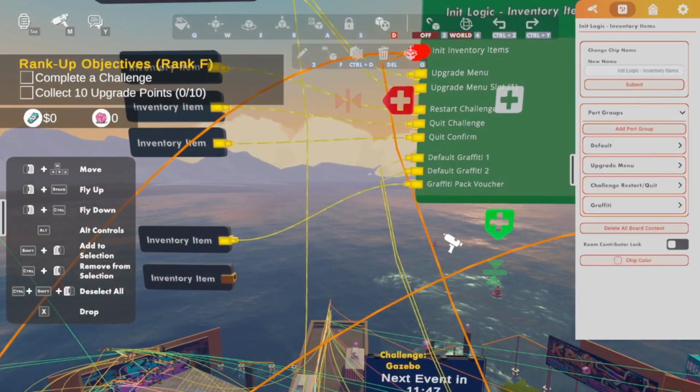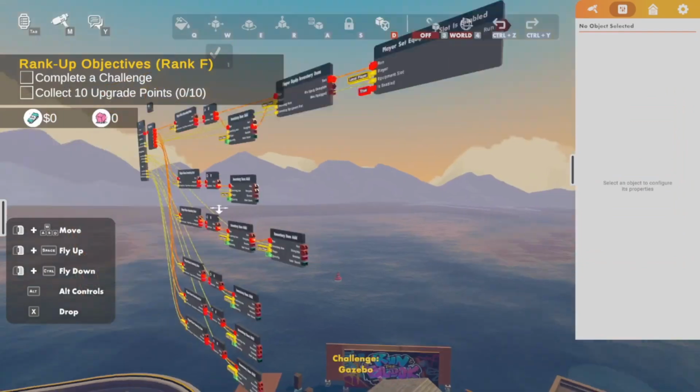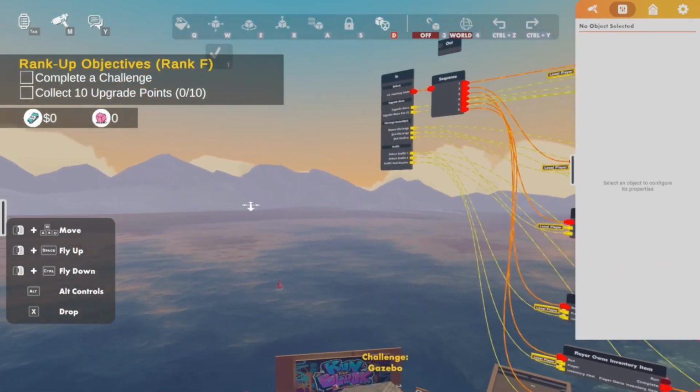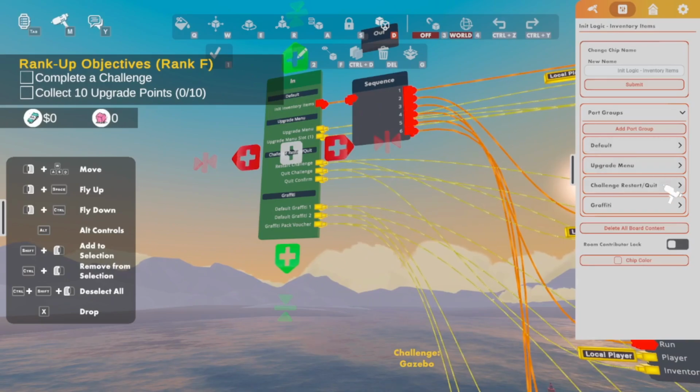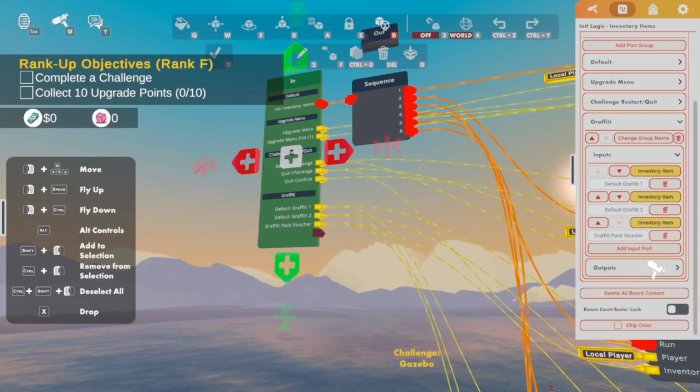So if you go ahead and you edit into the int logic inventory item, find the inventory item, you're going to want to go over here, graffiti, make a new graffiti input, and this new one will be called